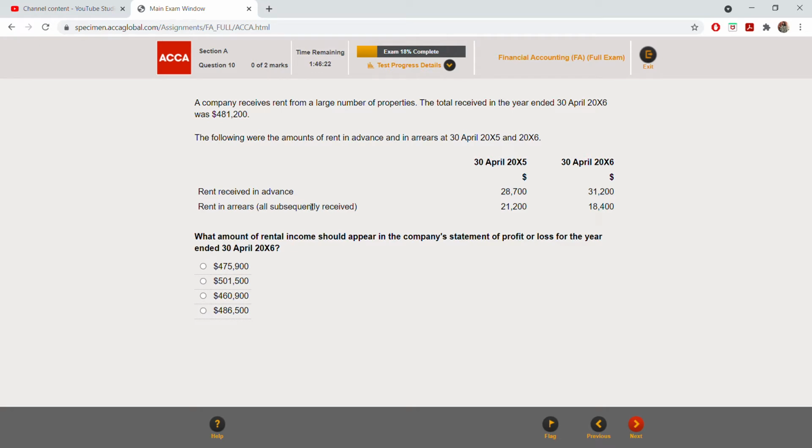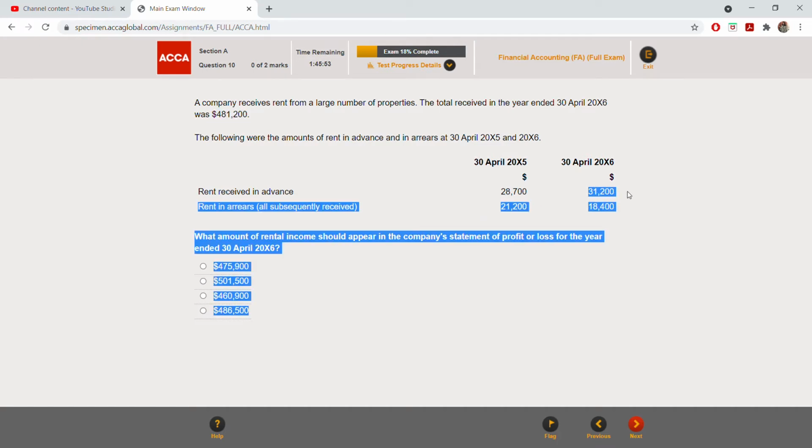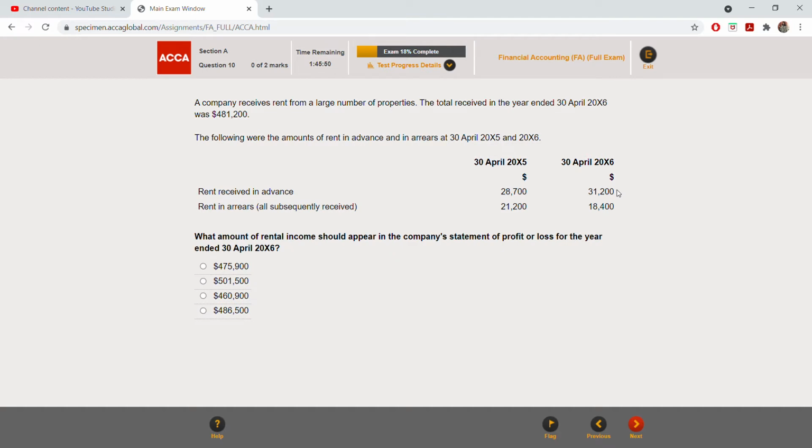So starting with this, what is it? Rent received in advance, 28,700. Okay, this will be a debit balance. Then you have to deduct this 21,200 arrears. Then add the rent received in the year. What is it? This one, 48,200. Then from there you deduct the received in advance. Okay, the closing received in advance you deduct, because it will come on the credit side, and then you have to add the arrears 18,400, and then finally